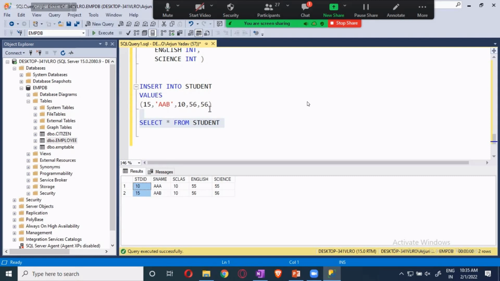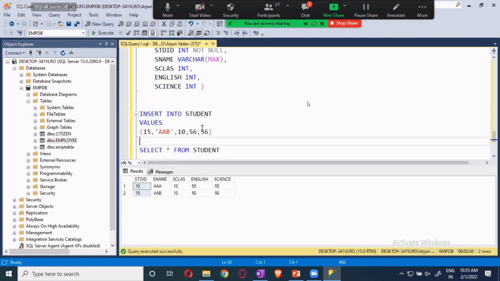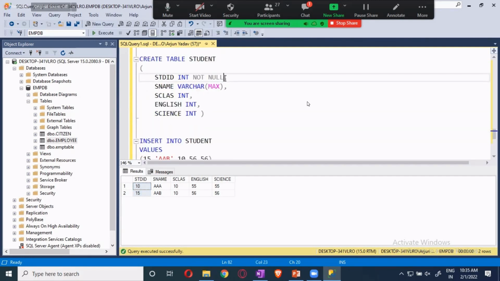Then we will use an identity function. The identity attribute is something you have to give while creating the table, identity over here like this. When you give the identity, there is no need for not null because it will auto generate.